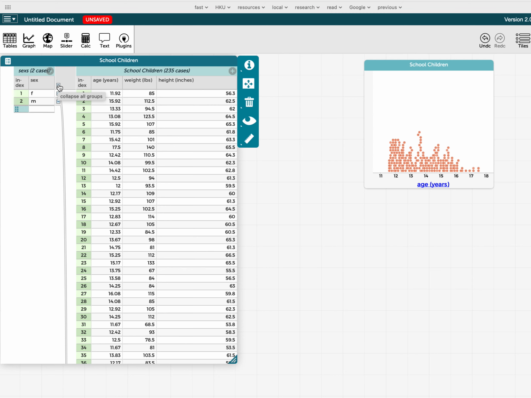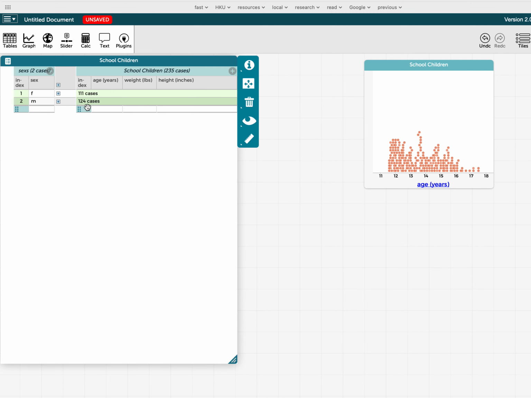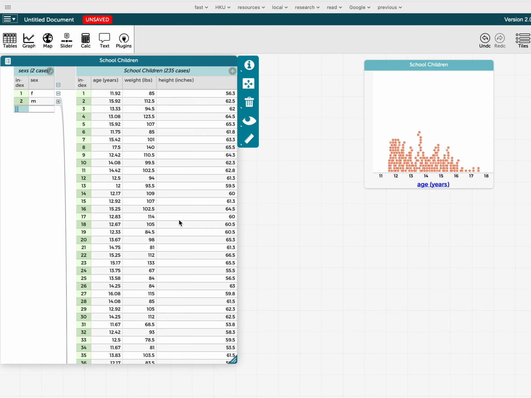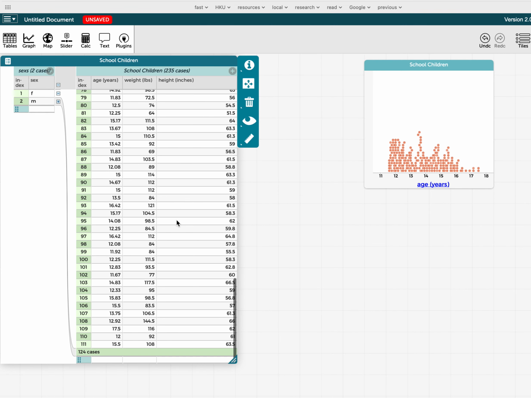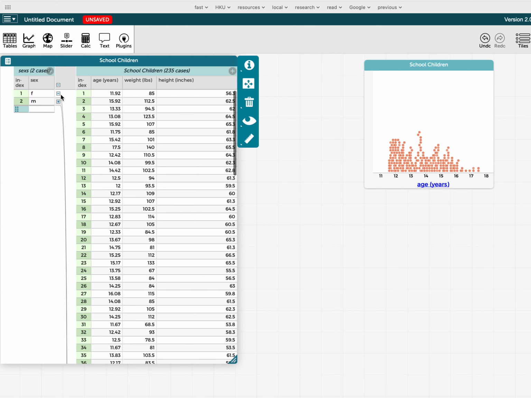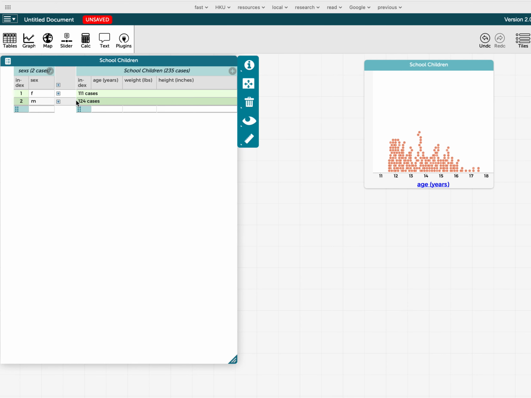Actually, you can click this button to collapse all groups. Then you can see just two big groups. And when you click to open individual ones, then you can see, for example, here is the set of data for females, or you can close it and then expand another set for males. So it will make it easier for you to go through a big data set. But actually, the sex here is just another variable. So if you drag it back to the main part of the table, let's say, next to the index,